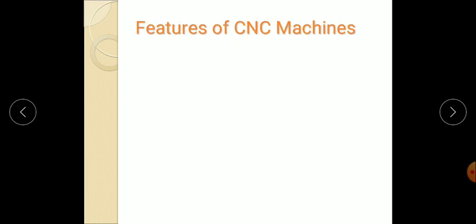Next one, the features of CNC machines. In the previous sessions we learned what a CNC machine is, that is, computer numerical control machines, which use a mini computer to store a set of programs in the form of G and M codes to perform the specific given task. The first feature is the machine structure, in which we have a rigid machine structure provided in order to bear the static load, the dynamic load and the thermal load, and vibration, which we have already studied.